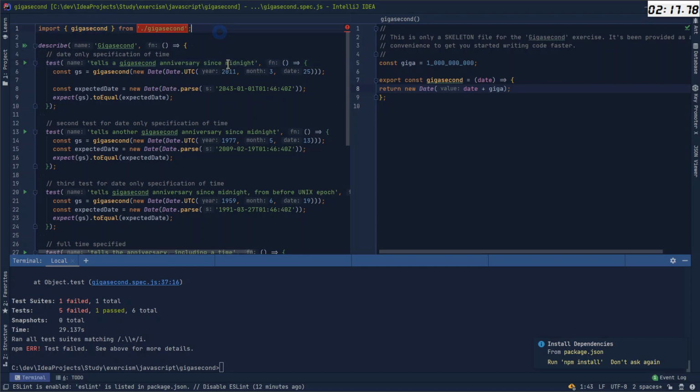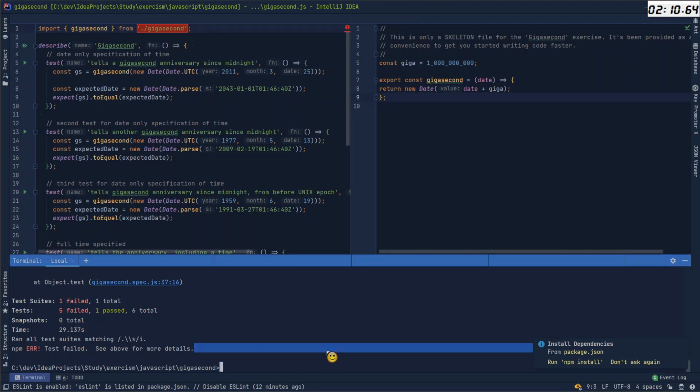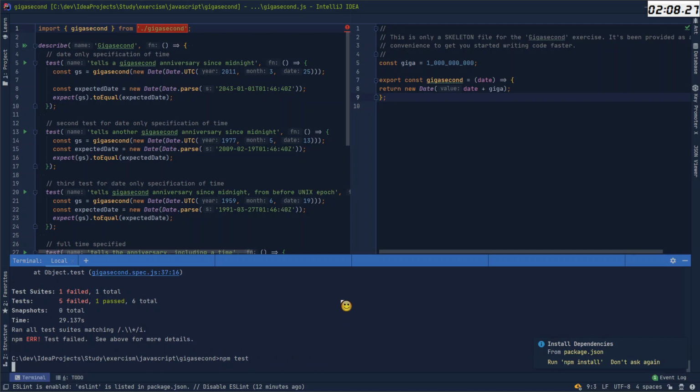From import gigasecond from dot gigasecond. Well, I have it here, right? So what's the matter? Run it.